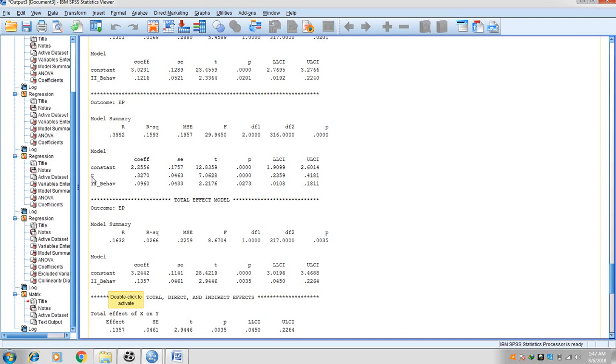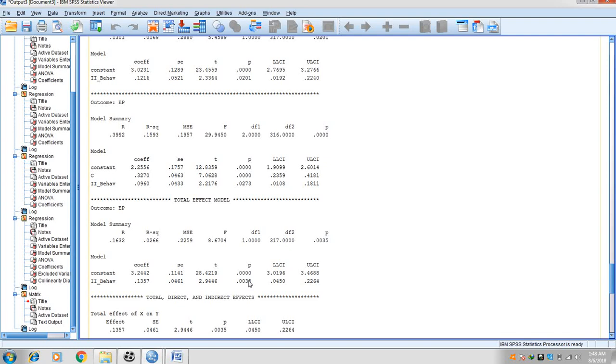Now this is the third and fourth condition: the relationship on the B path between the mediator and employee performance is also significant, and the relationship between idealized influence behavior and employee performance in the presence of culture is also significant. So all these values are significant, this one, this one and this one, so it means that our mediator is acting as a partial mediator in Andrew Hayes'